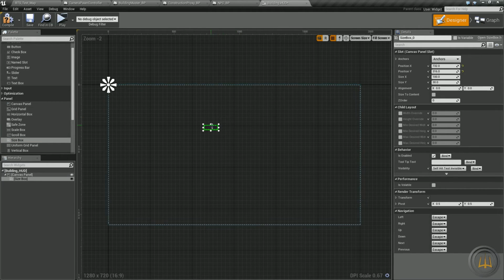So now the size box, ultimately there's a lot we could do with the size box. I'm not going to go into too much detail with it. It's pretty much just a container like the canvas panel, but it can be dynamic and change with whatever content you have in there. But for right now, let's just go ahead and set its size X here under the slots. Yeah, underneath the slot right here. Set its size X to